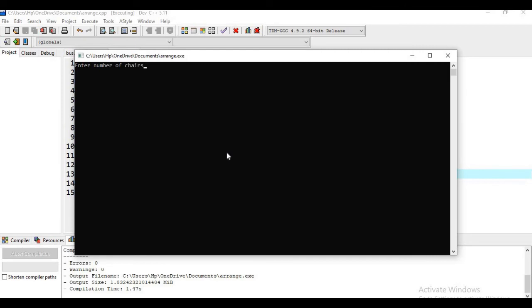So enter number of chairs. So let's say number of chairs are 36. The number of rows are 7. Okay, 5 sevens are 35 and number of chairs left is 1.